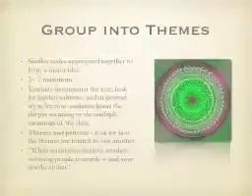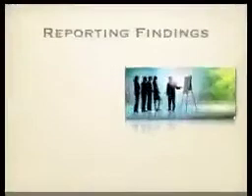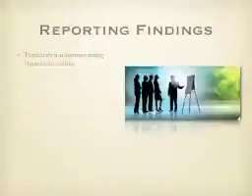As we mentioned, after the coding process, you could literally have dozens, if not hundreds, of codes, and then you're going to take those codes and clump them into themes. Once you're done with that, you're going to report your findings in the next section of the